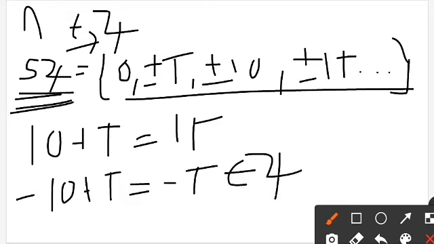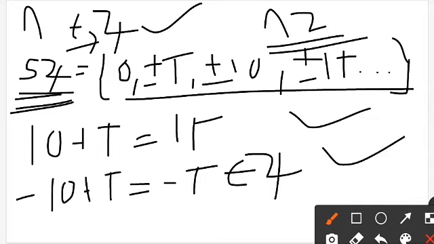And 5Z itself is a group, because it is closed, it is associative, there exists an identity element, there also exists an inverse element, right? Therefore it is a group, and it is also a subset of Z, therefore it is a subgroup, right? This way we can take any nZ, therefore nZ is a subgroup of Z where n is an integer.